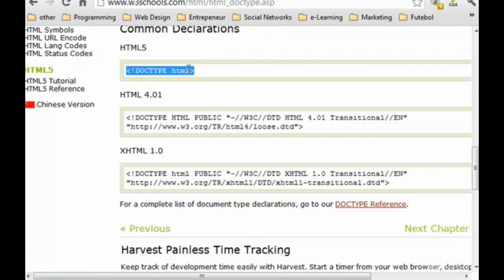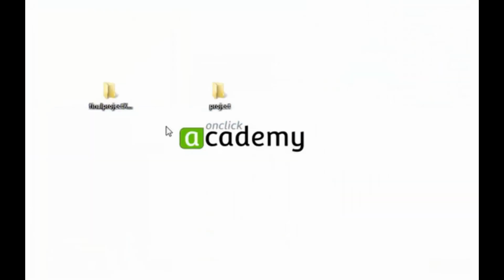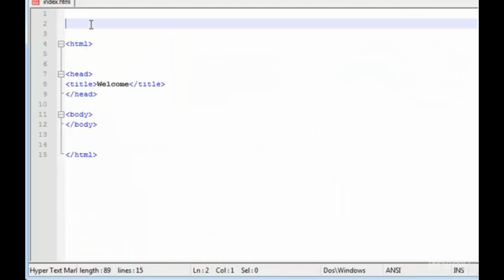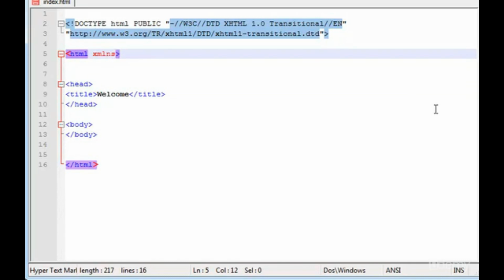As you can see, it's very simple, very small, but we are still using in this chapter XHTML 1.0, so I'm going to use this, copy this, let's go to Notepad and put it in here, okay, and save it. Now in here we want to type xmlns equals, let me save this. Now in here type http